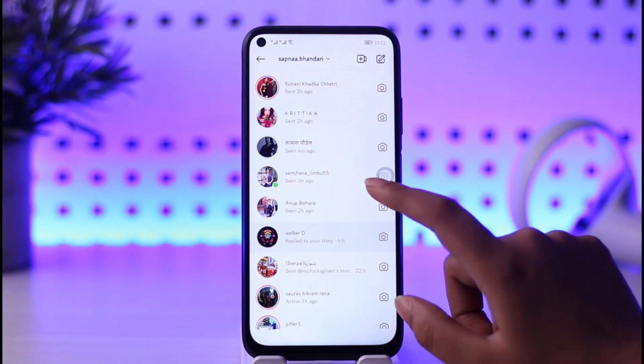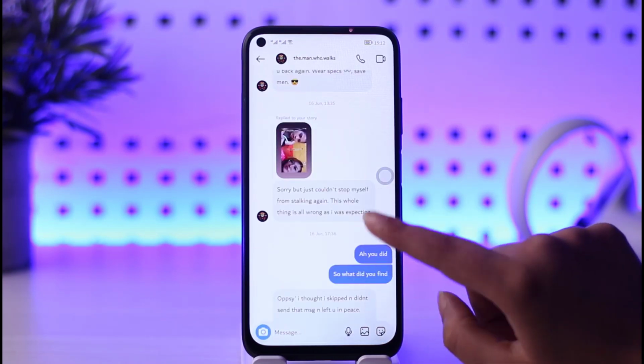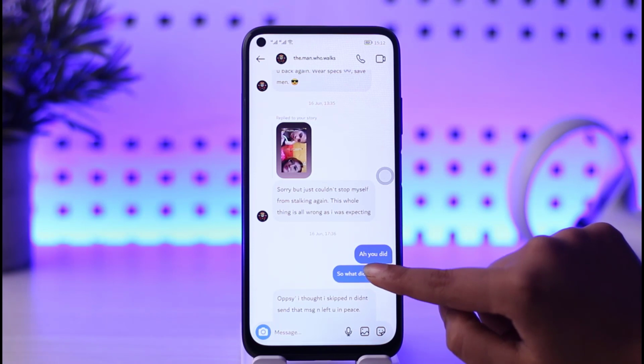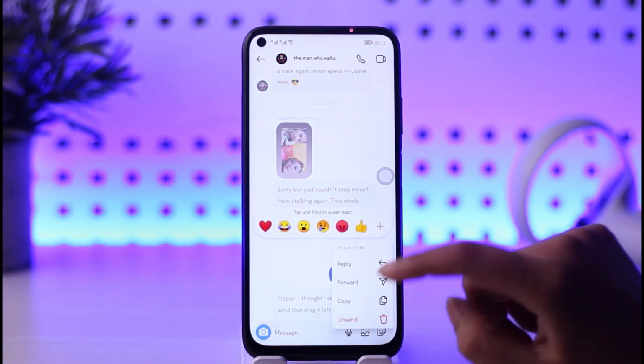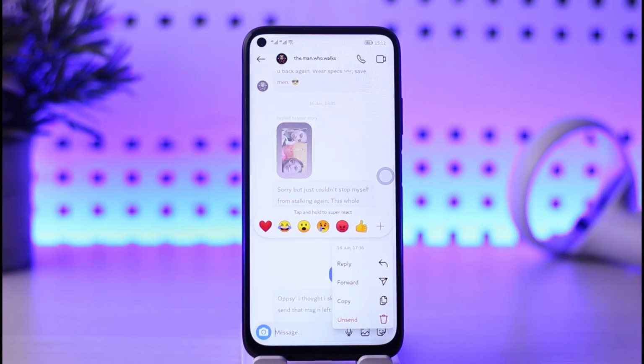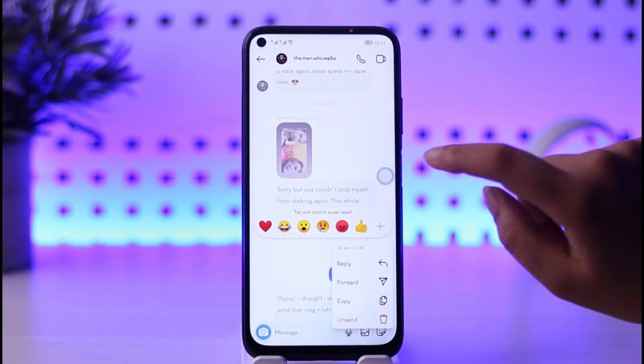If I tap on this person's profile, so let's say this is the message, and I tap and hold on that message, I have an option called unsend, which will remove it from the chat box, and that is kind of cool. But we do not have a delete option. You can simply go ahead and unsend particular messages if you are bothered by them